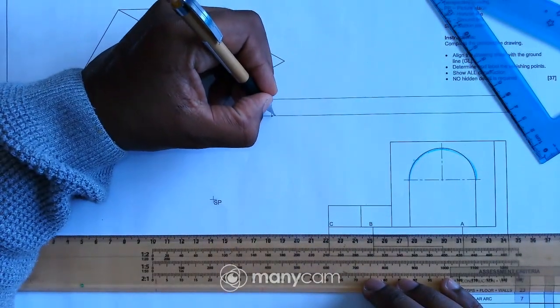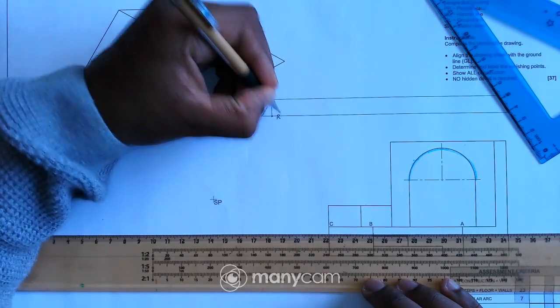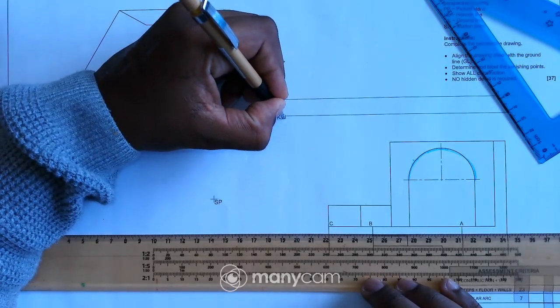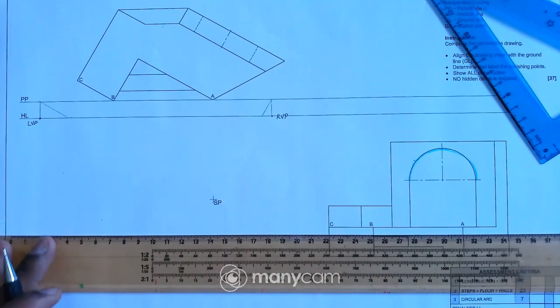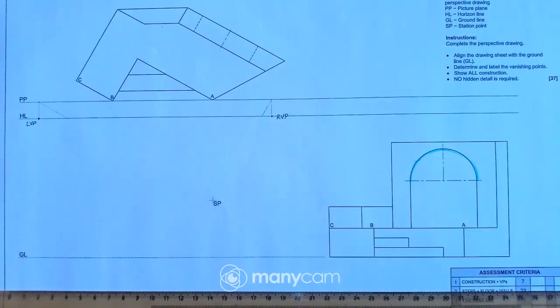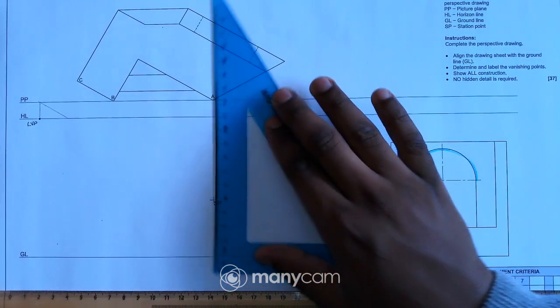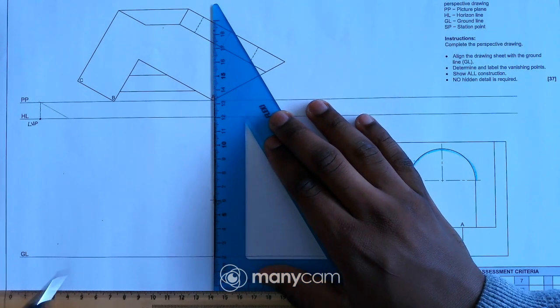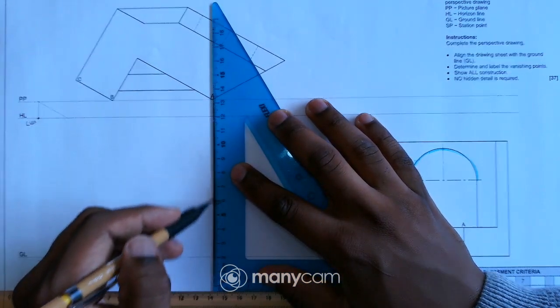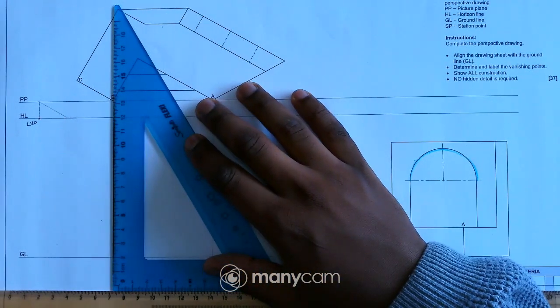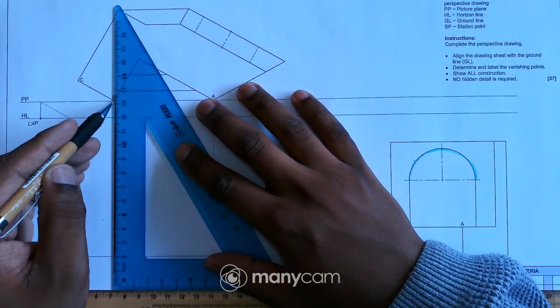Then this is my RVP, right? Okay. Then from here, I can just project this point down and this point